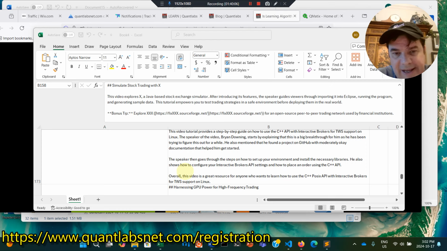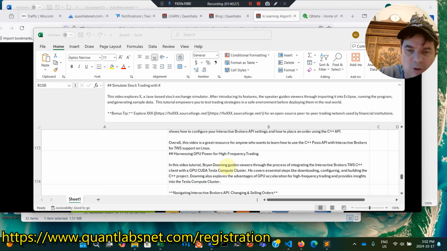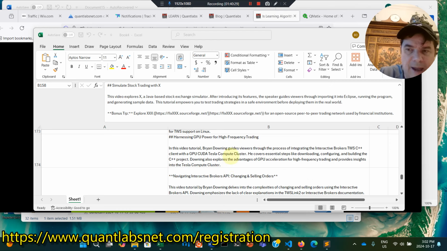Now, this may have evolved again. It's a step-by-step guide: set up your environment, install necessary libraries, configure Interactive Brokers' API settings to place a single order using the C++ library. For anyone who wants to use the C++ POSIX or Linux API with Interactive Brokers for TWS support on Linux. Going back to GPU,